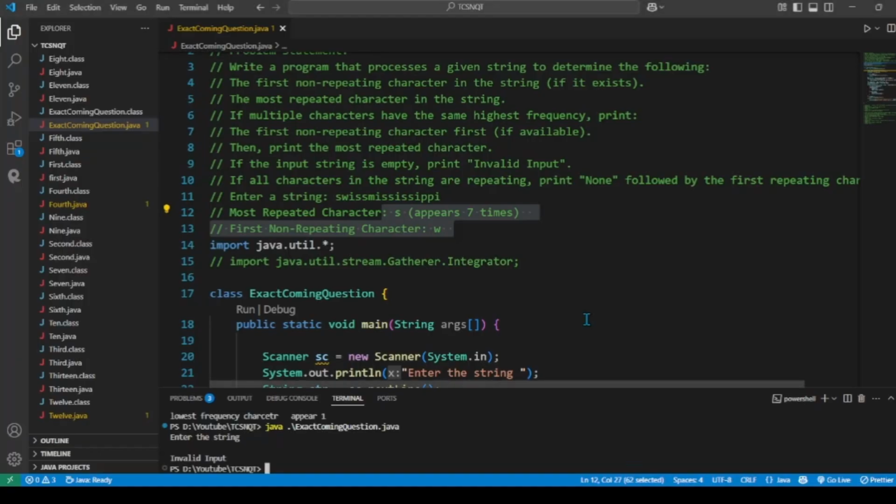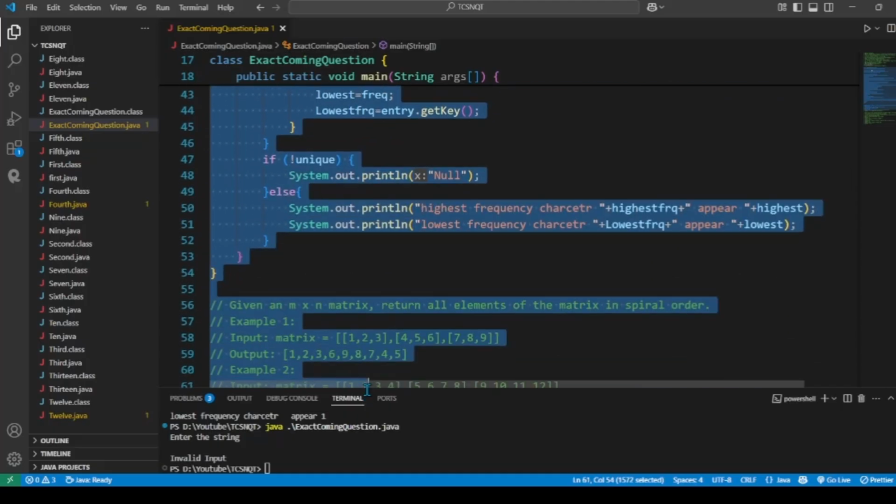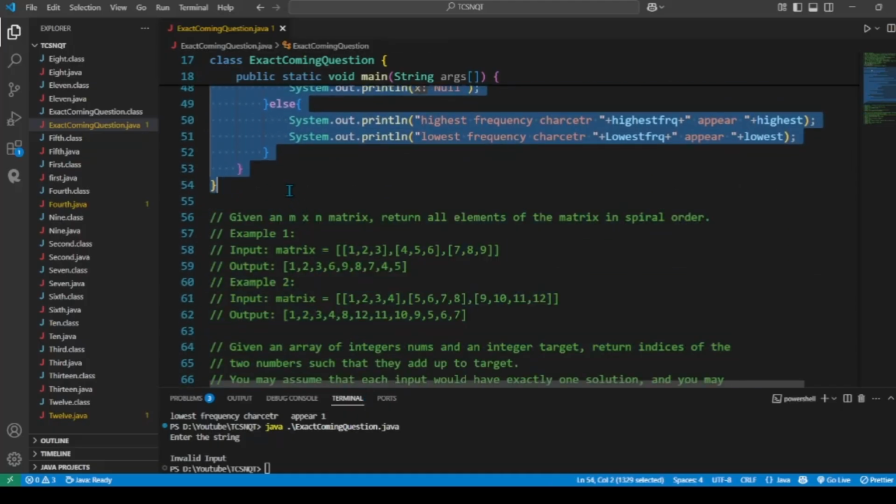Okay, after that now I am going to discuss the second problem of today, which is similar to many questions asked in